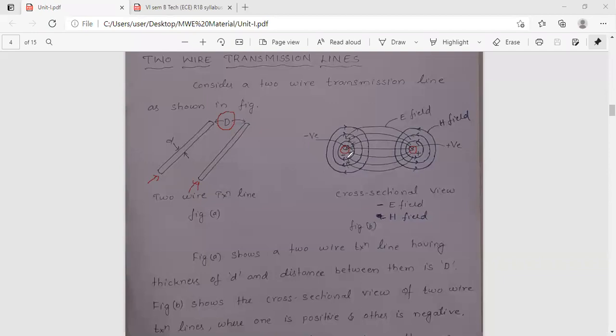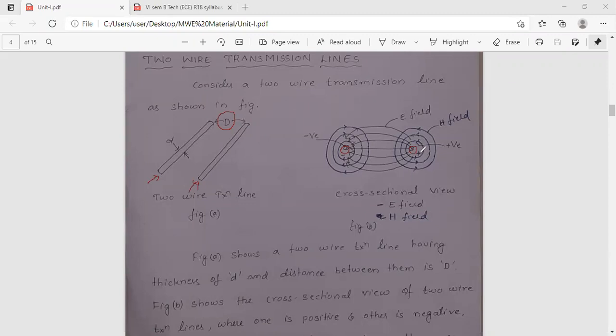Whenever we operate or use these transmission lines, fields will be generated. We have an electric field and magnetic fields as well. Between the capacitor plates, whenever we give a power supply, the field will be generated between the capacitor. So an electric field will be generated between those two plates. The same concept is working at this particular instant now.